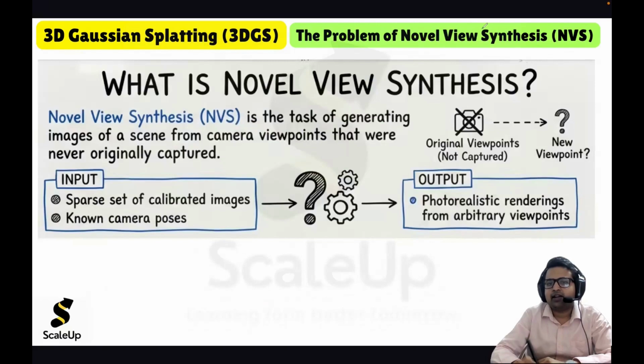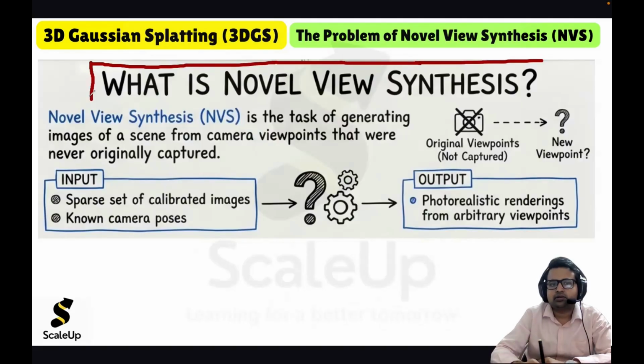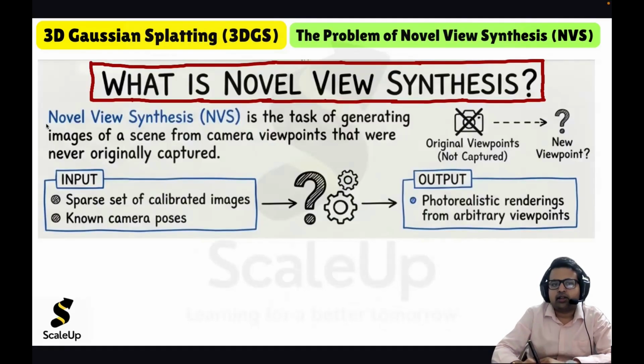So let us now understand what is novel view synthesis. What do we mean by novel view synthesis? Let us understand that. If I talk about novel view synthesis, it is made up of three words: novel, view, and synthesis. The meaning of novel is unique, so something unique. View means scene or an image, you can say frame, image. And synthesis means generating. So novel view synthesis is the task of generating images of a scene from camera viewpoints